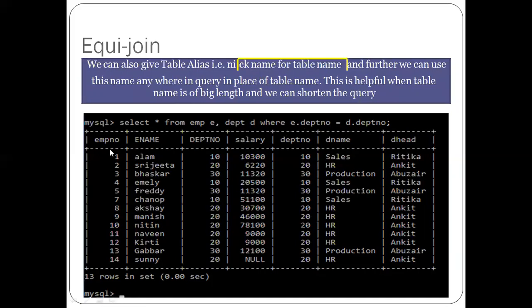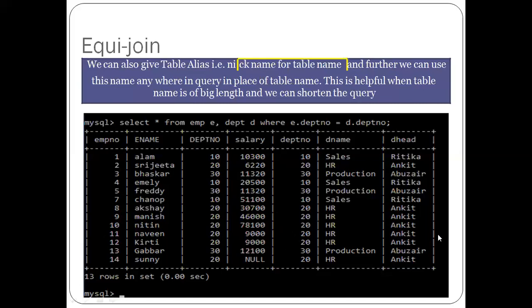So here all the values related to employee number. This is the employee number, E name. See here, matching value 10, here also 10, 20, 20, 30, 30, 10, 10, 30, 30, 10, 10. So all the values from this table will be matching with this table.